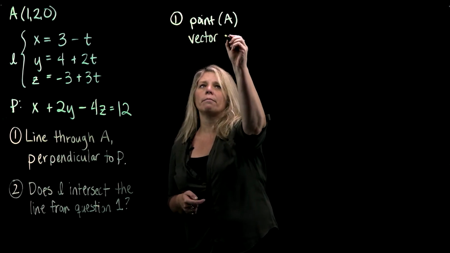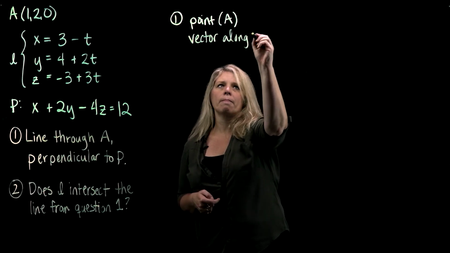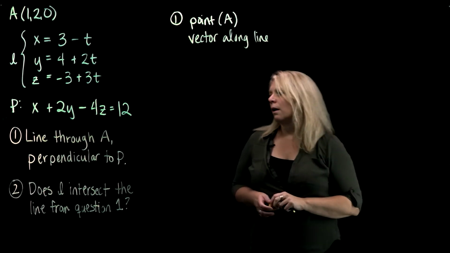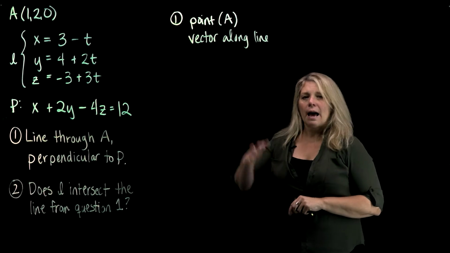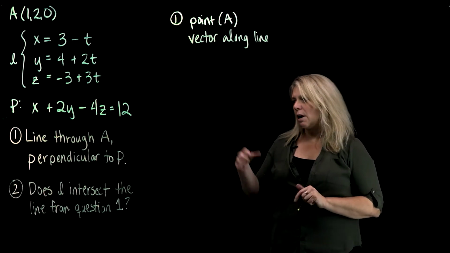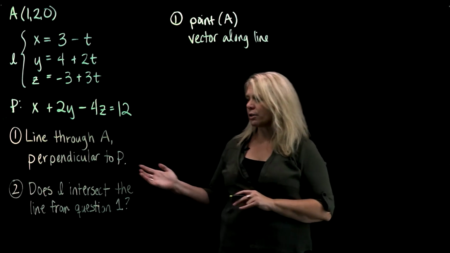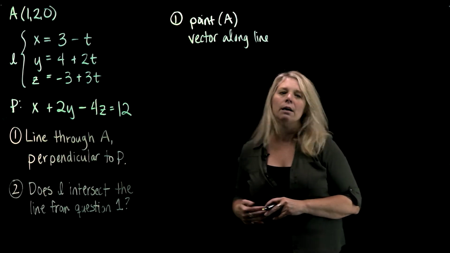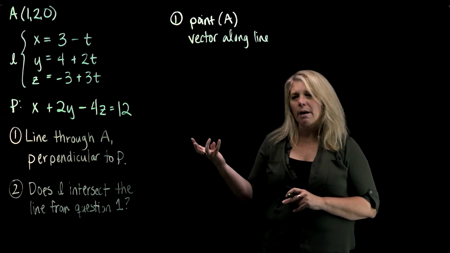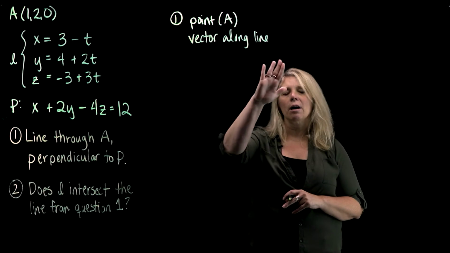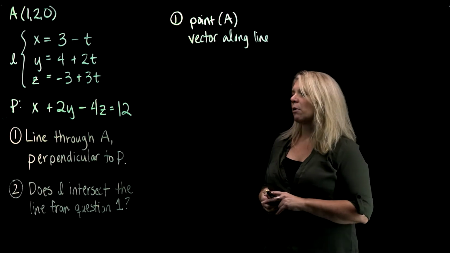So we're not given that. So I need to think about how to find that with the information that I'm given here. So what they tell me about the direction of that line, it's going to be perpendicular to plane P. So I somehow have to use that information to figure out components of a vector that will be along this